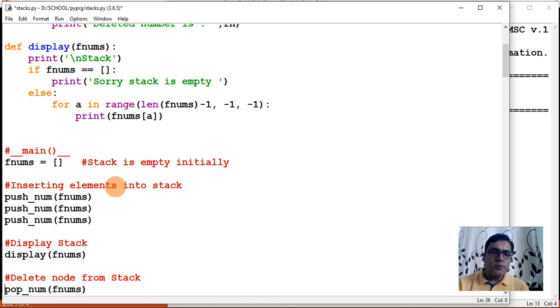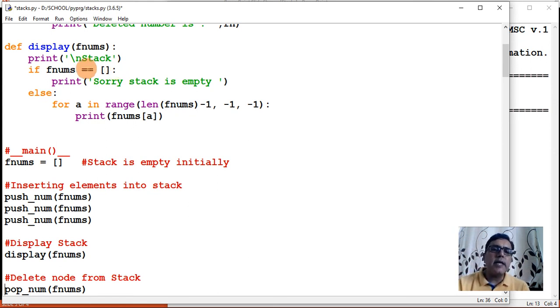Now in order to display the values properly, again I have written a function named display. This display receives one parameter which is a list, right? Then it is just displaying stack, and first of all, while deleting and while displaying, you have to check whether there are elements in the stack which can be deleted or displayed.